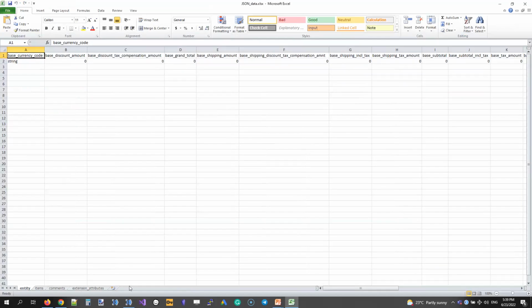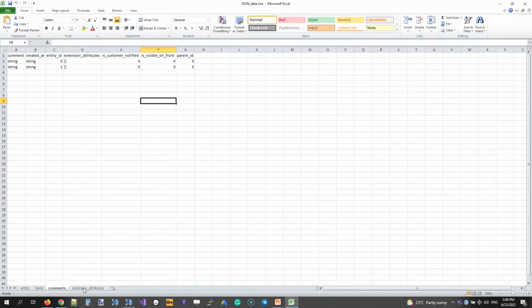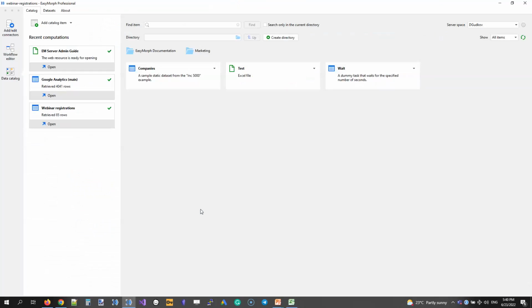And we can open the file. Here we opened it. So it can be a PDF file. In this case, it will open in Adobe Reader and so on. The same. So we've seen three types of catalog items: data sets, files, and web URLs that can be put together in one directory, and it's searchable.